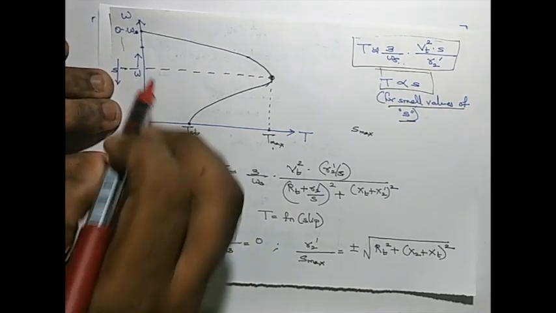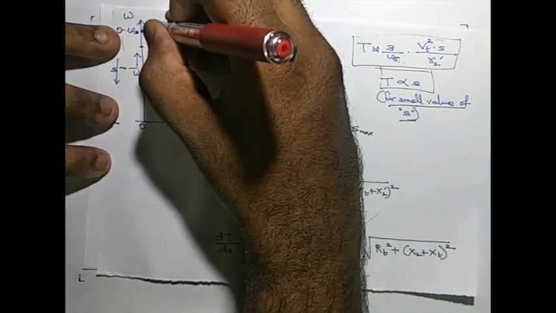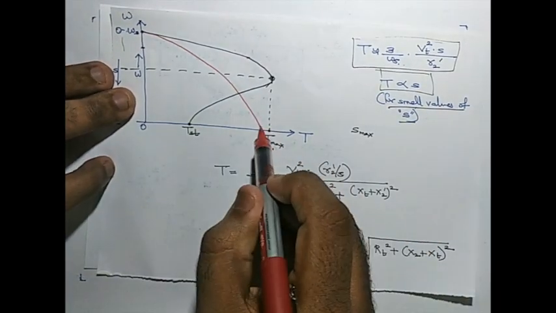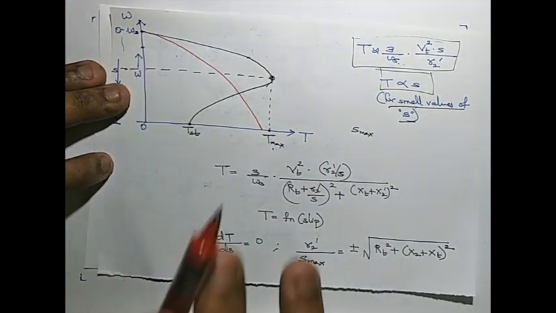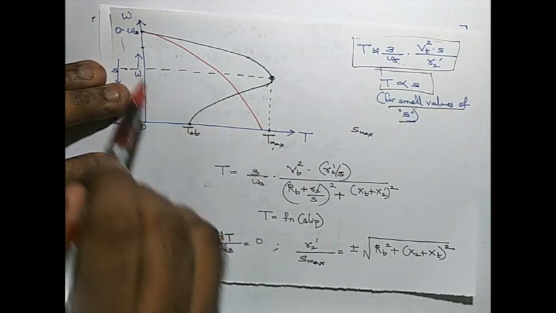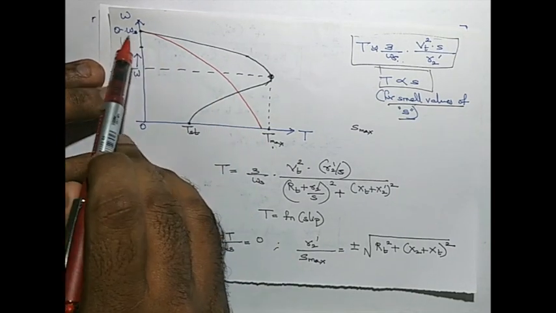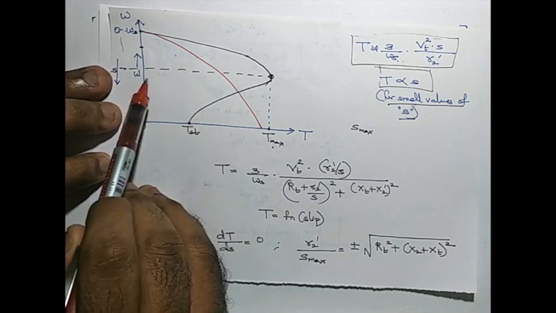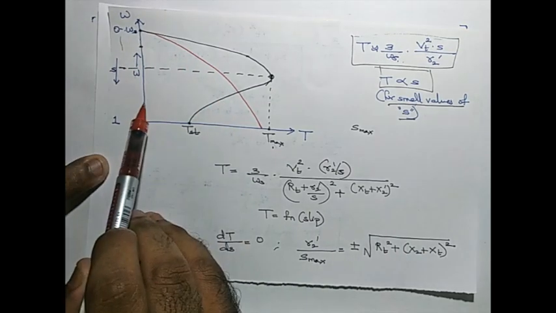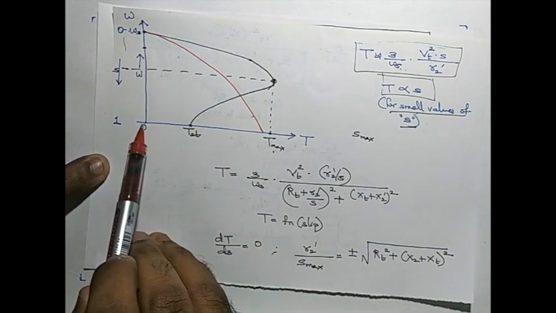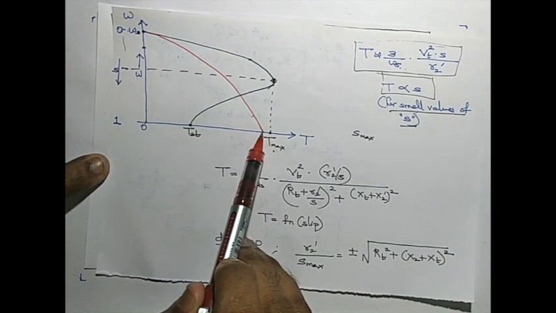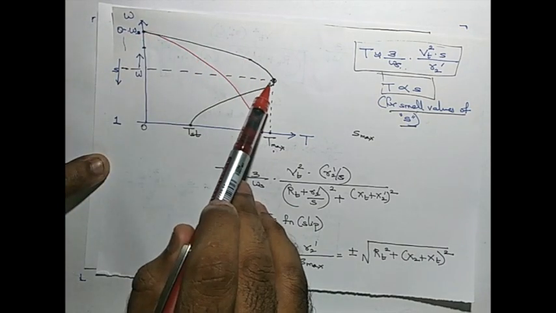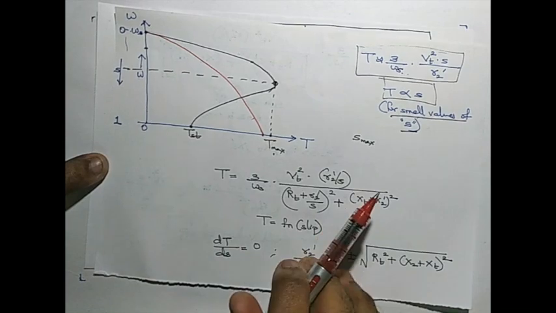And unlike torque, current will continue to increase only. There is no going back. It is not a straight line, but it will continue to increase. Slip is 0, slip is increased, current has increased. Slip has further increased, current has further increased. Slip takes its maximum value, current takes its maximum value. So it monotonically increases, unlike torque, which increases, then decreases. That behavior is not there for current.